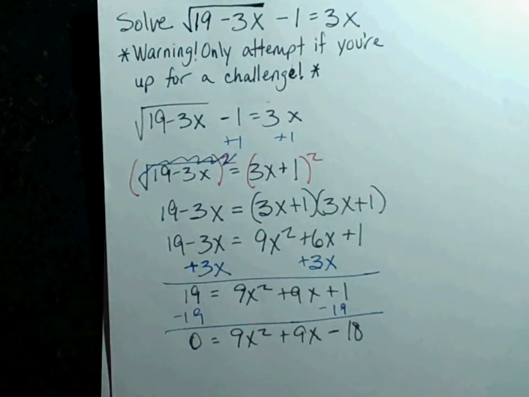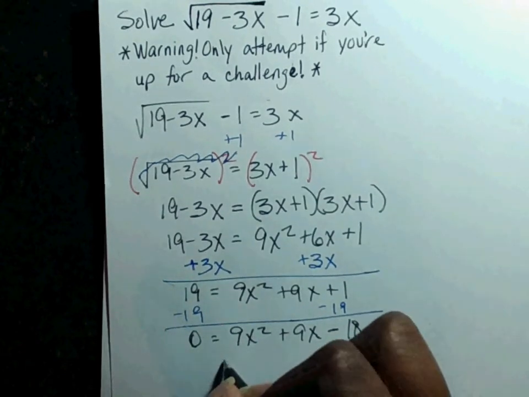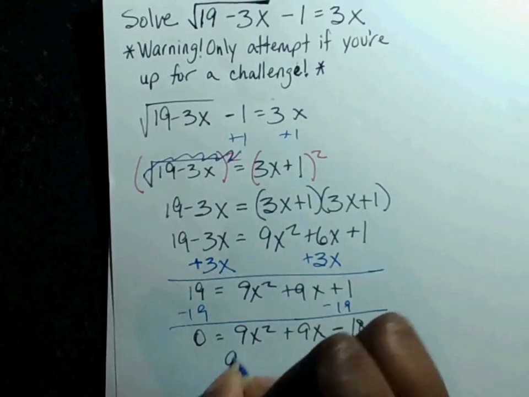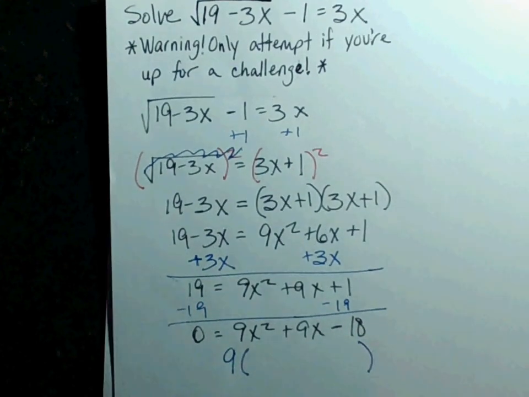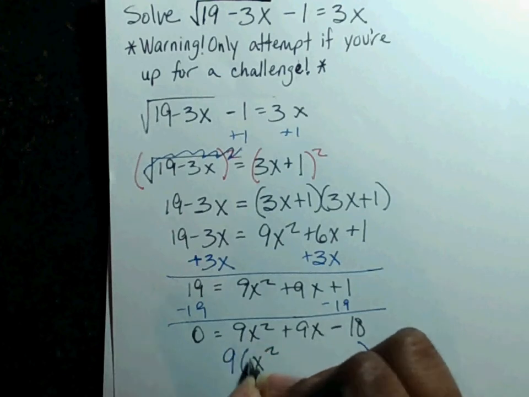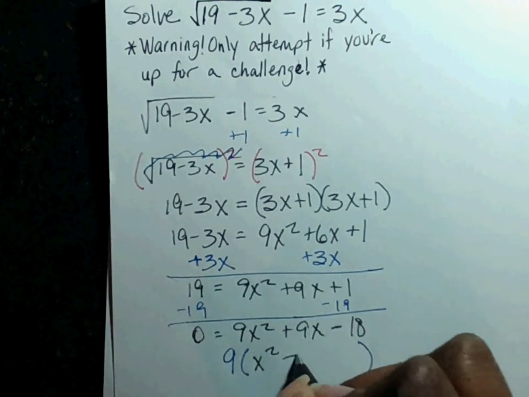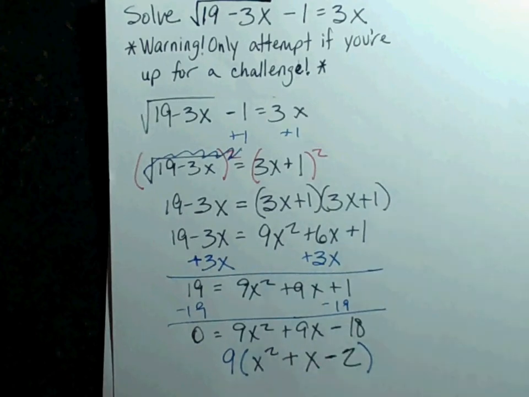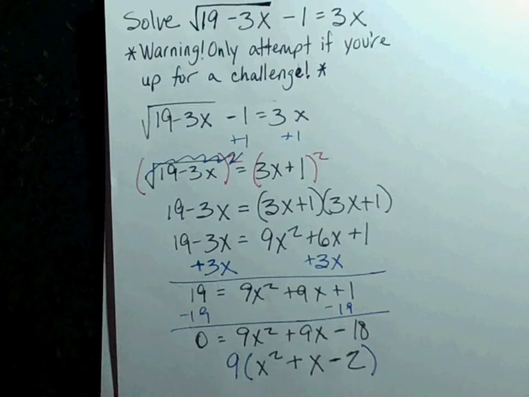I'm going to look for the GCF first. I have one. It's 9. So when you factor out a 9, you're left with 9 divided by 9 is 1. 9 divided by 9 is 1. Negative 18 divided by 9 is negative 2. You're going to then